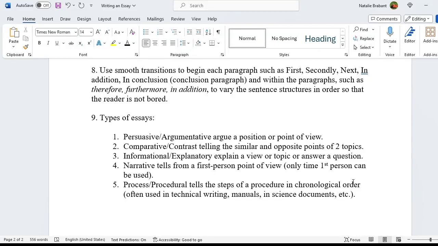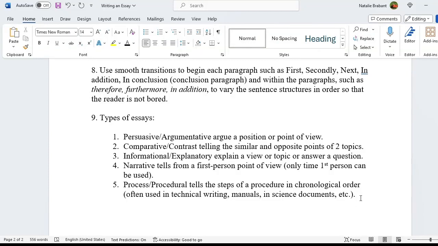They explain a view or topic or answer a question. Number 4, narrative, tells from a first-person point of view. It's the only time that first person should be used. Number 5, process, procedural, tells the steps of a procedure in chronological order, often used in technical writing manuals and